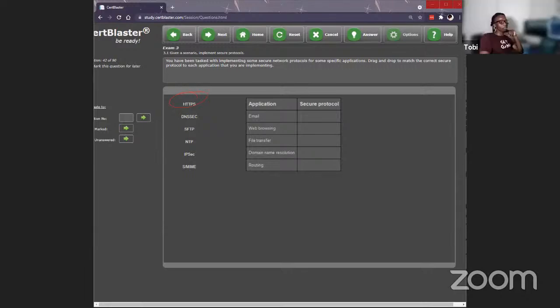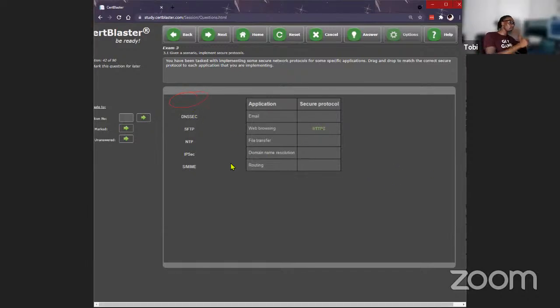What port does HTTP use? 80. HTTP is secure, right? No, HTTP is unsecure. Good job. And what makes HTTPS more secure? Digital certificates. Good job.